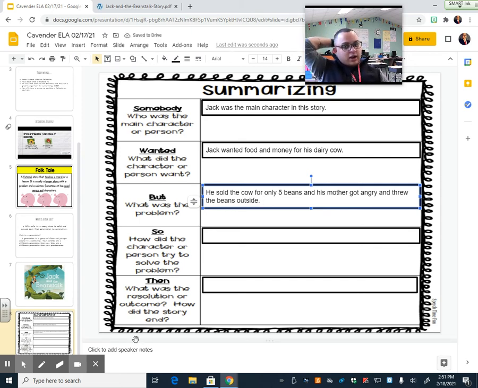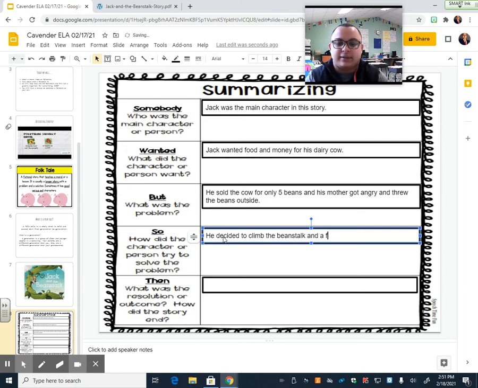How did the character or person try to solve the problem? Well, the problem was still that he wanted food and money for his dairy cow, but he didn't have any. So he decided that he was going to climb the beanstalk.